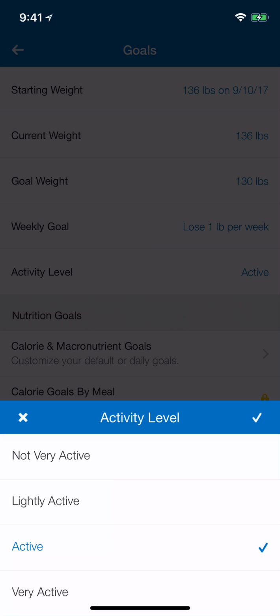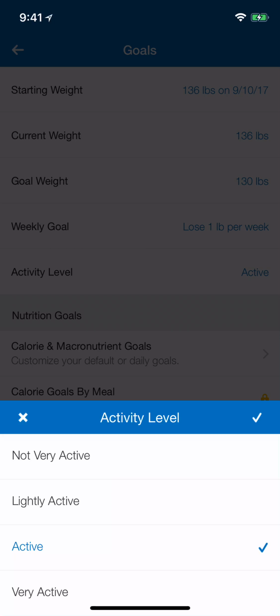Active would be somebody who probably sits a lot for work, but is an active person naturally. They work out maybe 5, 6, even 7 times a week. They're out and about on the weekends. They're not usually sitting a lot. And then very active would be somebody that is on their feet all day for work and is also working out, and maybe has a very physically demanding job. I put very active when I'm teaching a lot more group fitness classes, but for right now, I'm putting